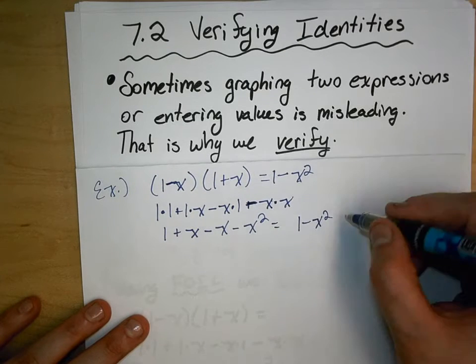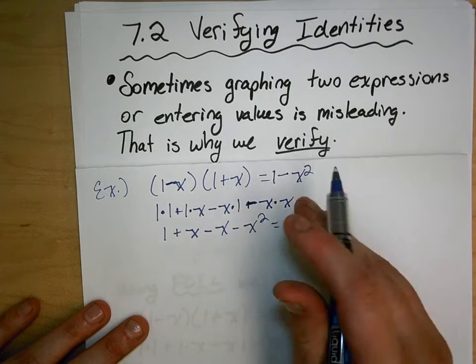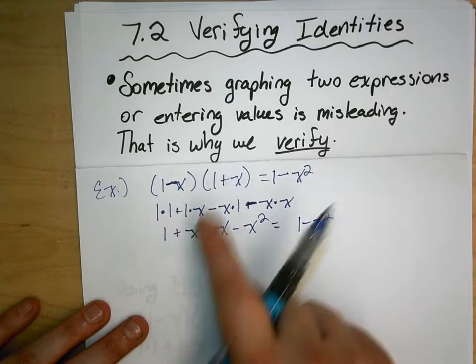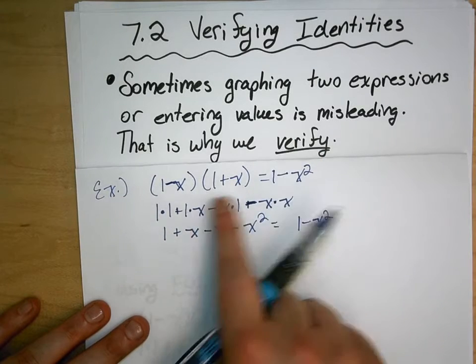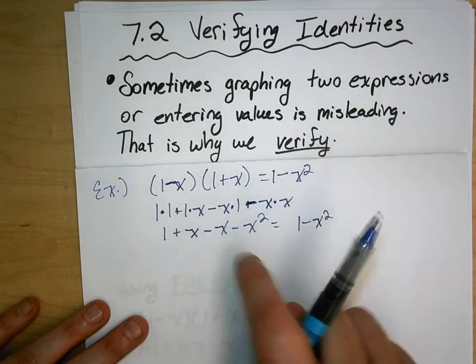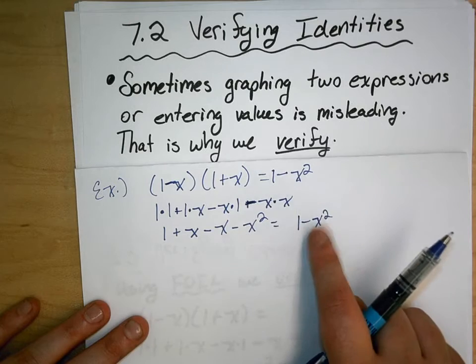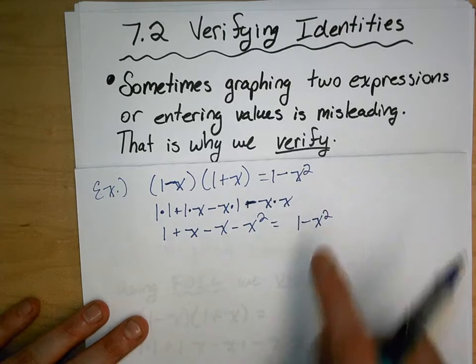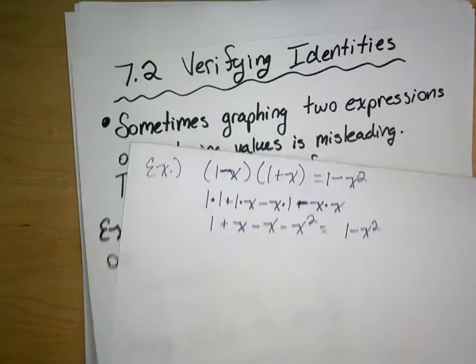See? So that's how we can verify something, is that we don't assume what we know, but we take steps on this side to simplify or to shuffle things around to get it to look like the thing we want it to. Okay, so